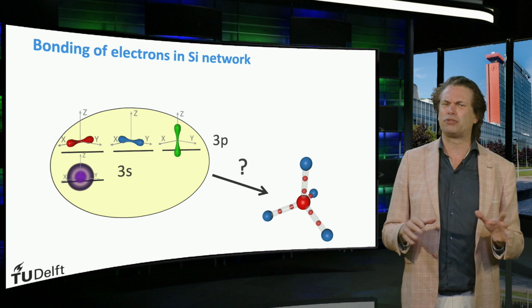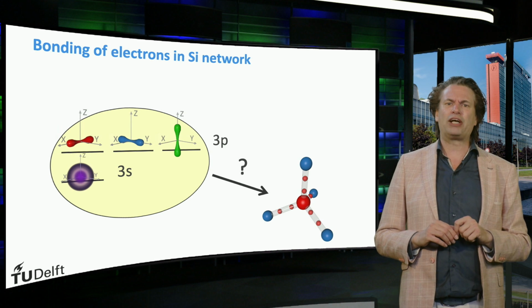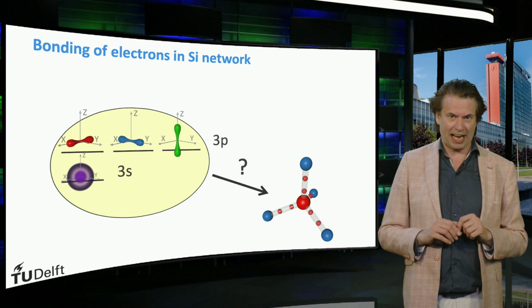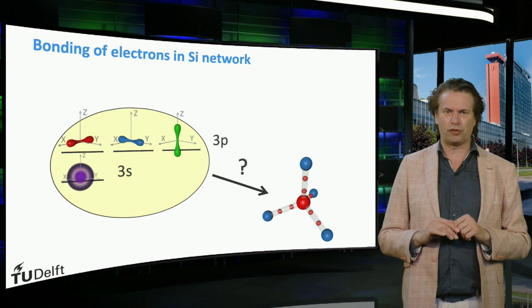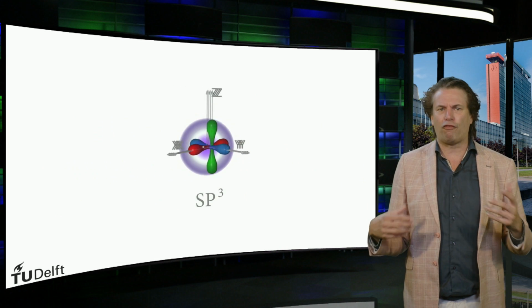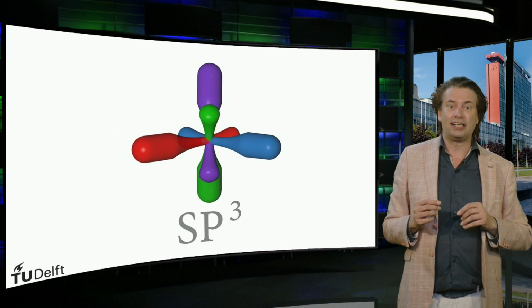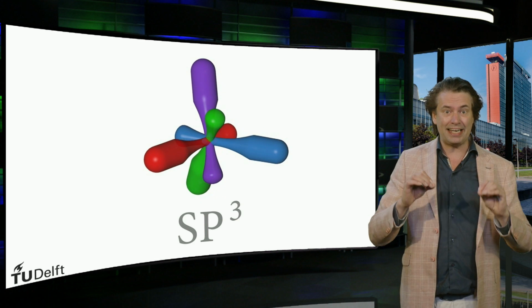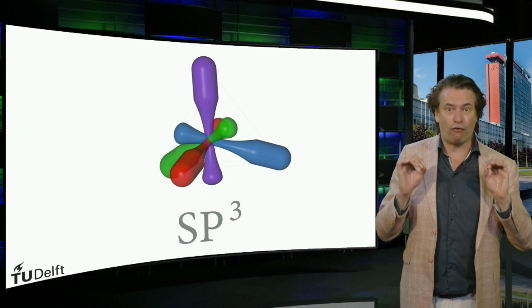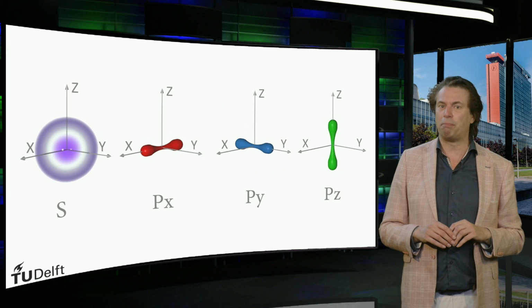How are these states related to the orbitals? To explain this, we consider 1 electron in the 3s state and 3 electrons in the 3p states. We now make a cocktail of orbitals. We will make these 4 states. In nature, it appears that these 4 states mix into effective 4 symmetric states. The animation demonstrates the mixing.